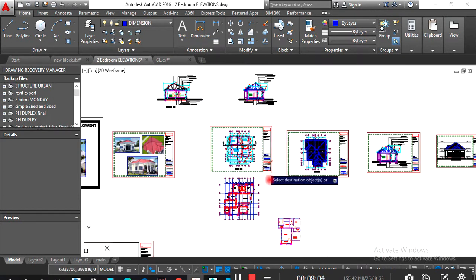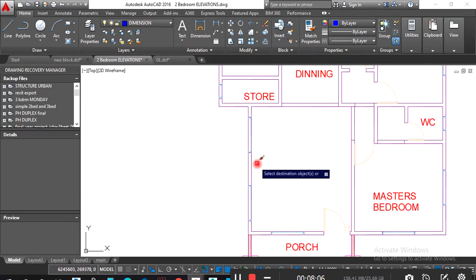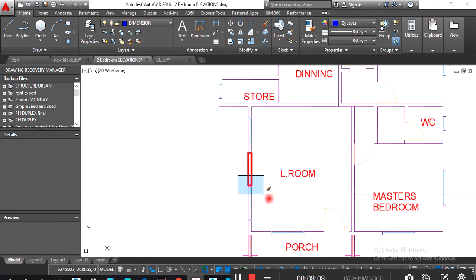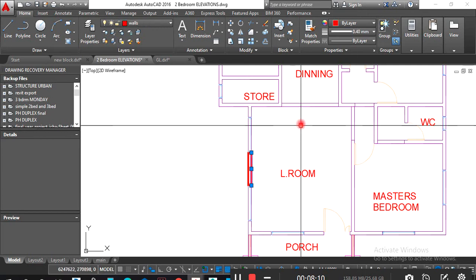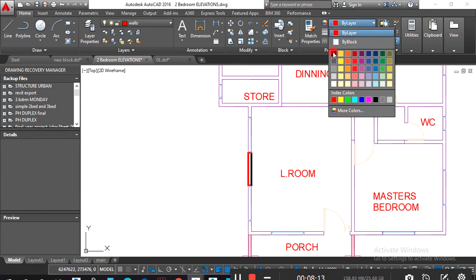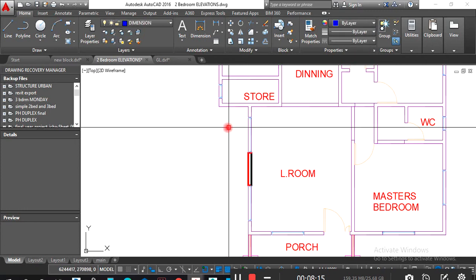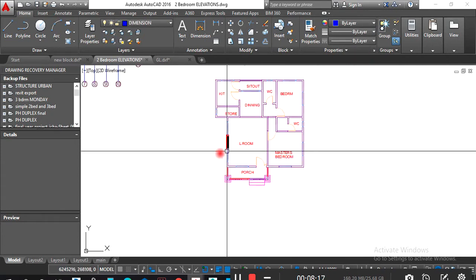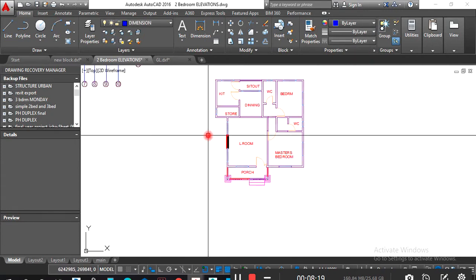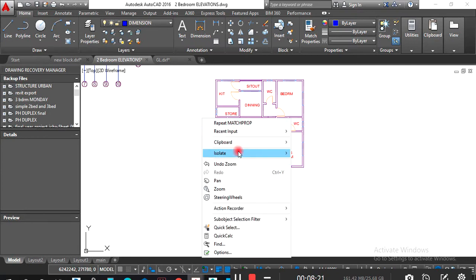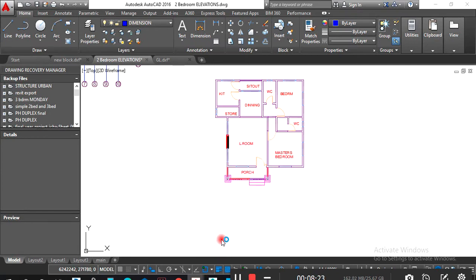If you like red color, fine. If you don't like, you can select it. See here, you can change it to this. Right? If you want to make your cursor this big, what I do is I right click anywhere on the page. I come to options,